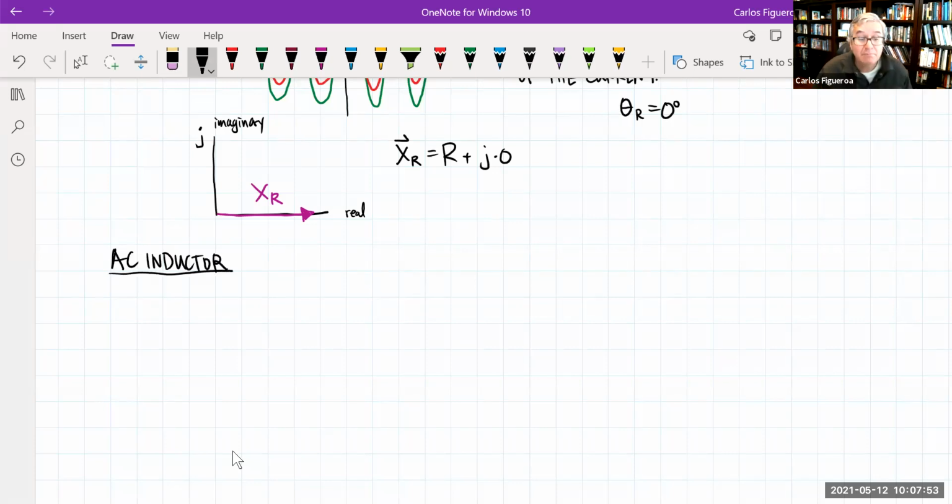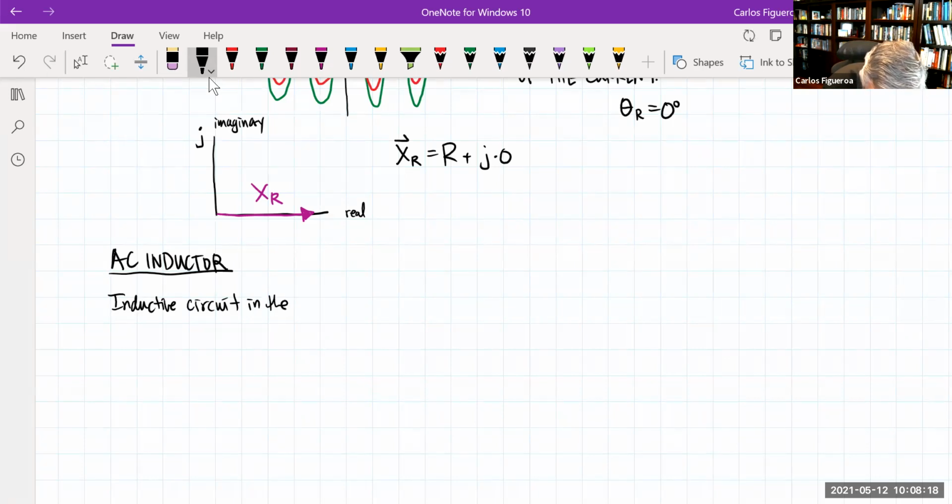So I'm going to keep moving along that same direction. I want to move along that same direction. Okay, so let's go do that. If I look at what I did before here, I start off with an inductive circuit. Here I go. I'm going to try to do exactly the same. So I have an inductive circuit